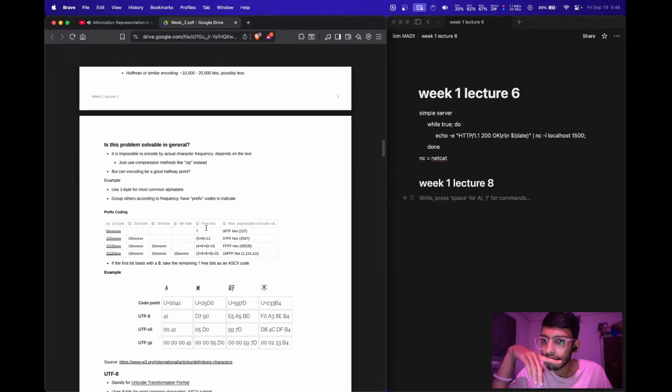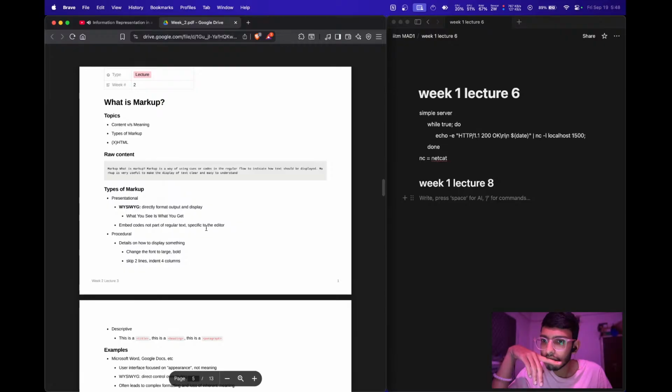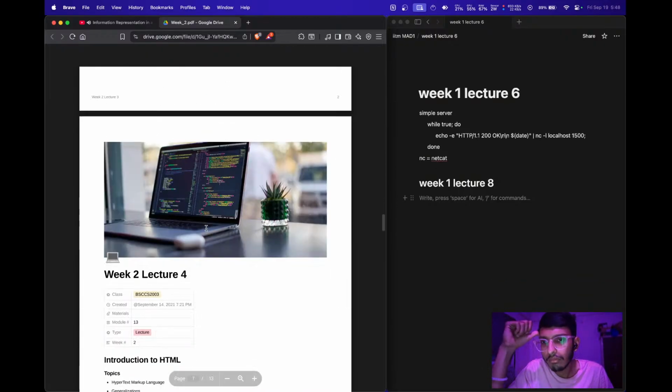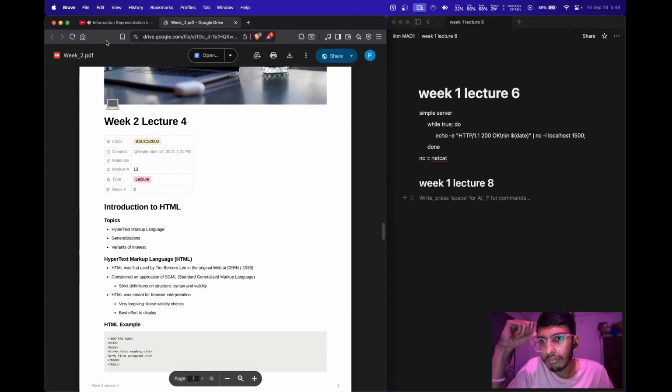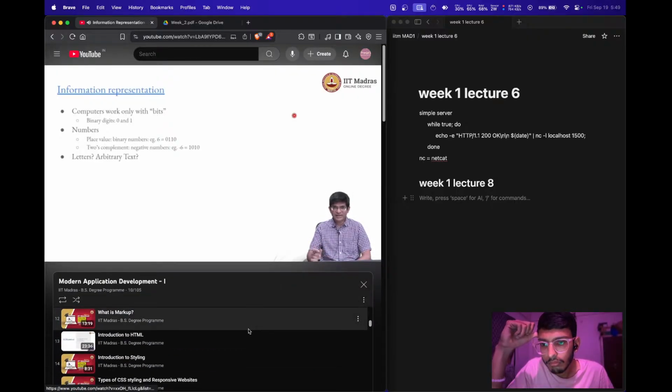Okay, so first things first, what do we mean by information representation? As you're all familiar, computers work only with bits because ultimately they are digital logic systems, which means that essentially everything inside the computer, not just computation but even information, is stored in the form of bits, either a 0 or a 1. This works out nicely because from the electrical standpoint, you have either